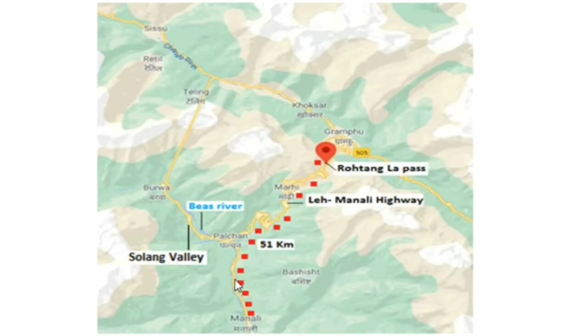Here in this image, this yellow zigzag line is the Leh-Manali highway, that is the location of Rohtang Pass. This is the Manali region. The distance between this Manali region and Rohtang Pass is almost 51 km. Here all of you can see the location of Solang Valley, and here we have the Sishu region. This one is the Atal Tunnel. With the help of this Atal Tunnel, the Sishu region and Solang Valley region are connected with each other.